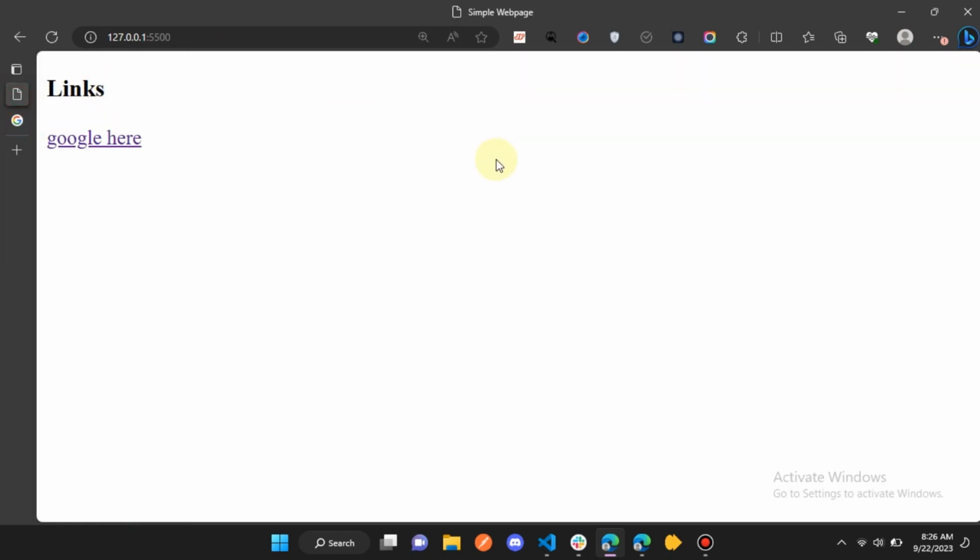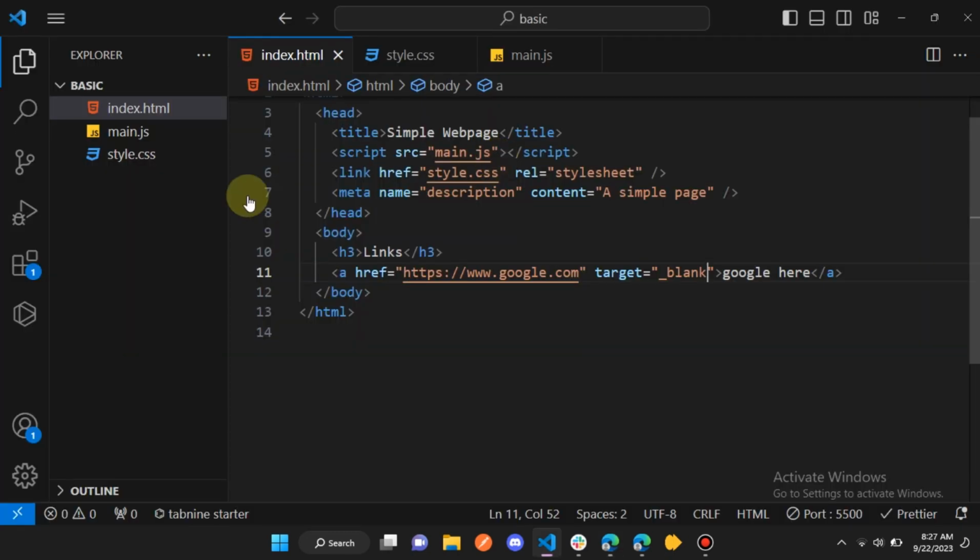Now let's talk about container tags and page structure tags. So what are container tags? They are basically a set of tags that help us to contain a specified amount of tags. We have three major ones that are popularly used. We have